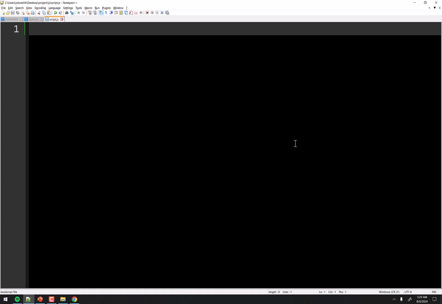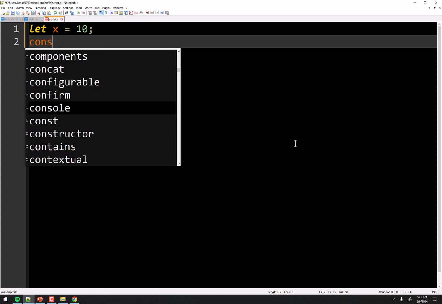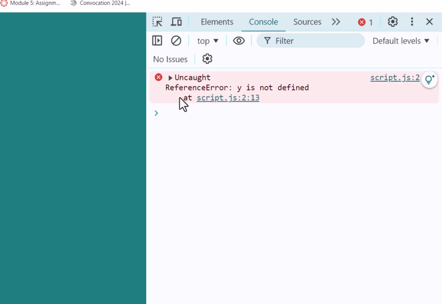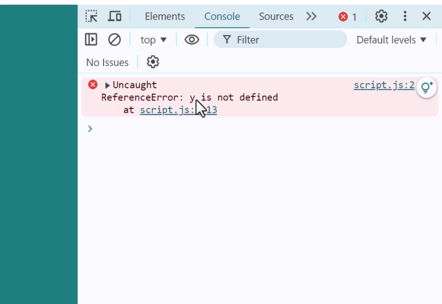So let's just start with something basic, just basic errors in general. For example, let's say we have let x equal 10, and we decide we want to console that out, and we accidentally say console y. So we get an error when I run it. If I refresh, we get this thing here that says reference error, y is not defined. Well, JavaScript looked at our code, saw that y wasn't valid, and it, quote, threw an error.